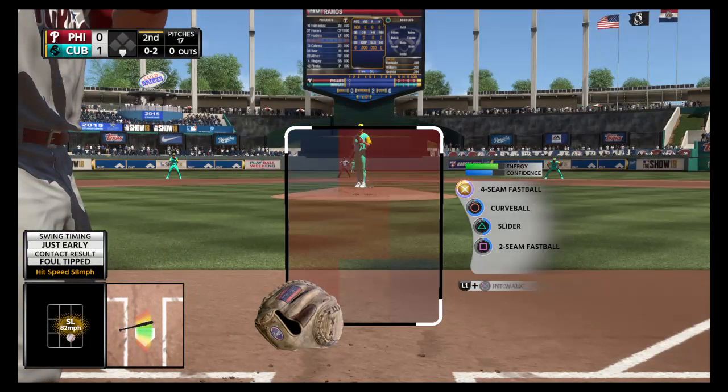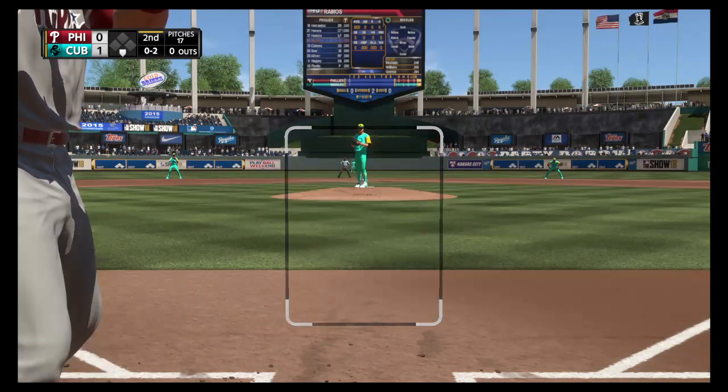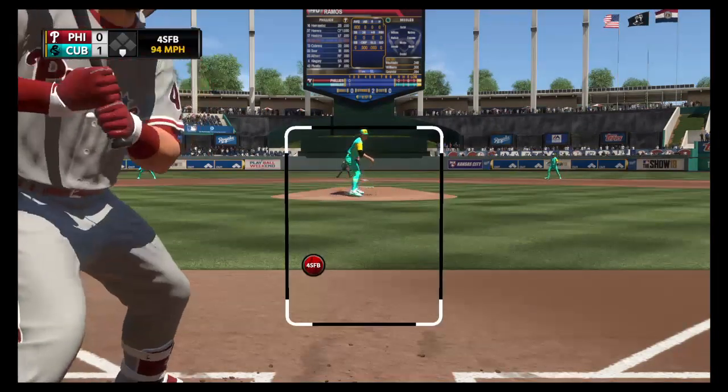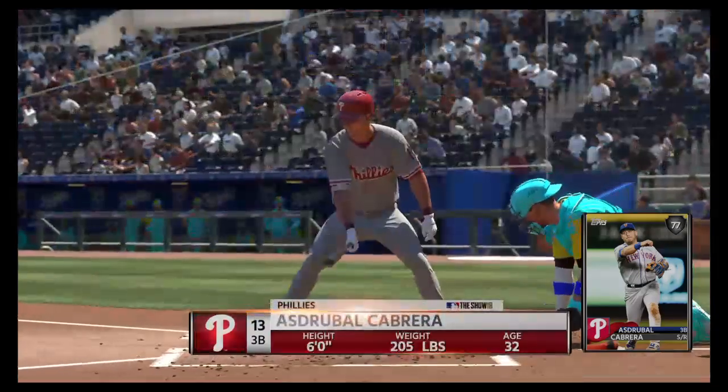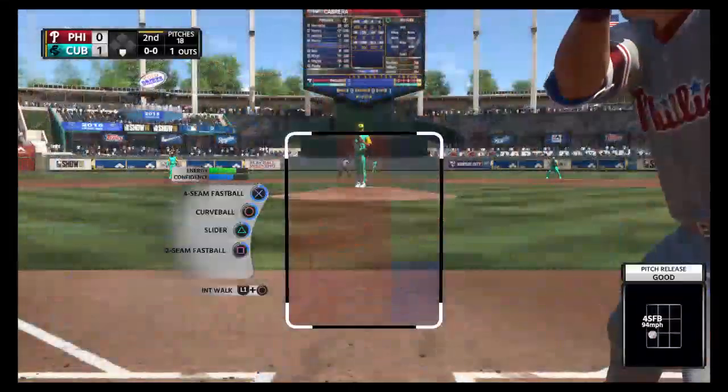Hey, he looked like he was a little bit out in front on that breaking ball right there. The body can go a little bit. If he was able to keep his hands back a little bit, he might have been able to do some damage with that pitch. And he struck him out. Batting fifth, third